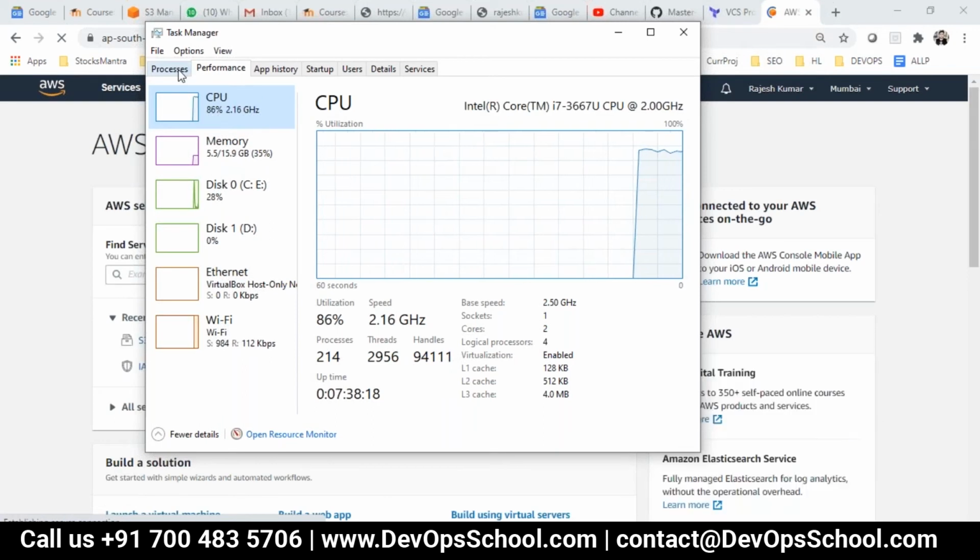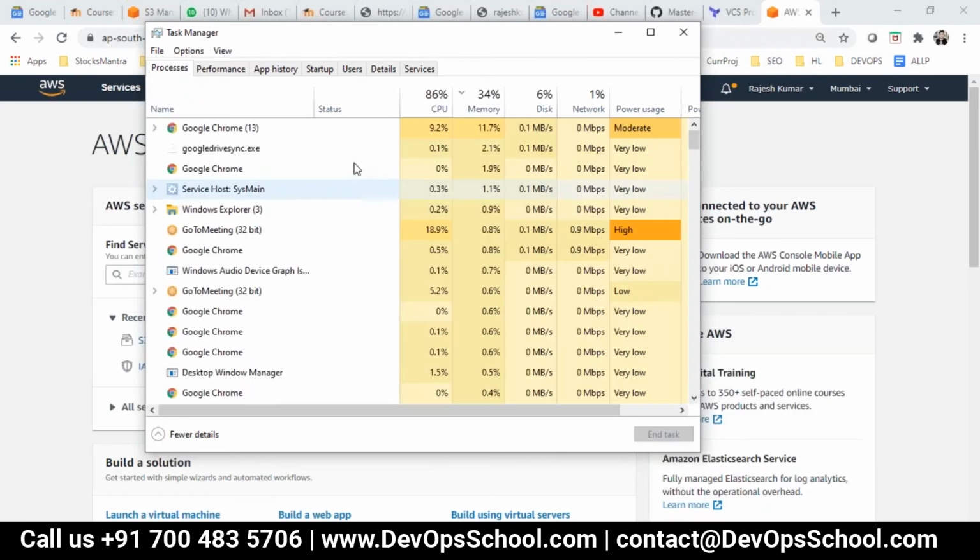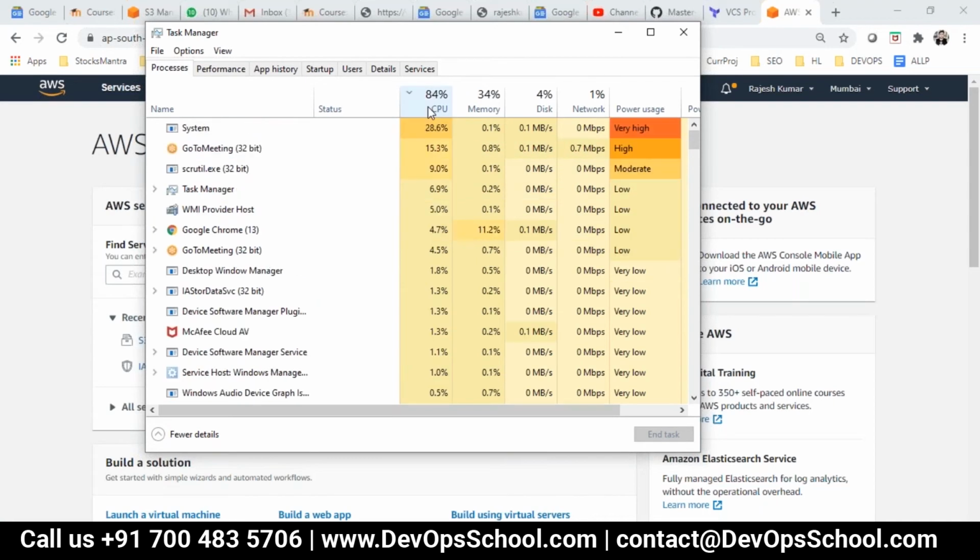I'm just checking why the system is a little slow, even though I upgraded the RAM.